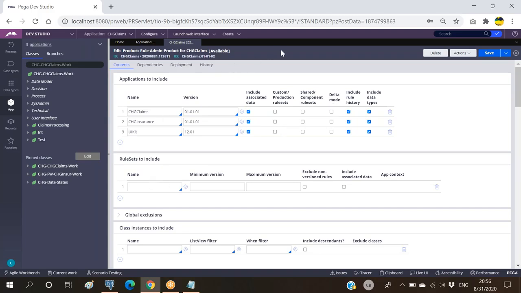Meaning, I want to move to deployment only version number 2 and 4. Version number 1 is already moved to the deployment. And if I have a requirement to deploy only version number 3 and version number 5, then you can include it here. You can include a minimum version and a maximum version. If you're not including anything, it will pick up all the versions starting from version 01-01-01. For the first time there will not be any issue at all, because for the first time we have to send all the necessary versions, right? And from the second time, if you want to send only version number 2 or 3, then you have to specify it here. Okay,